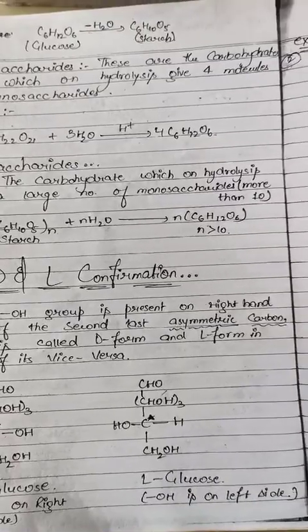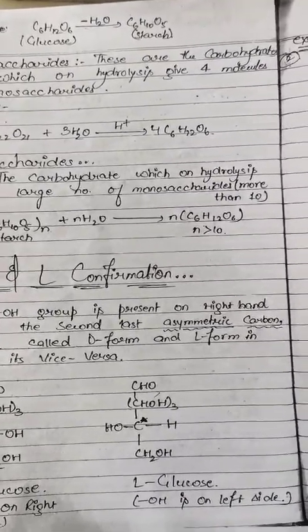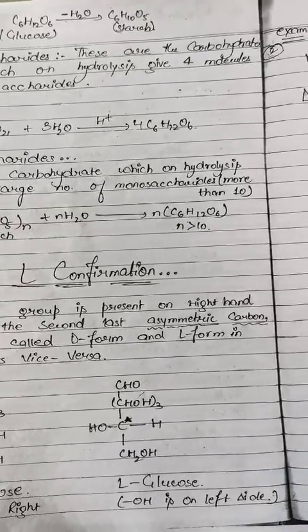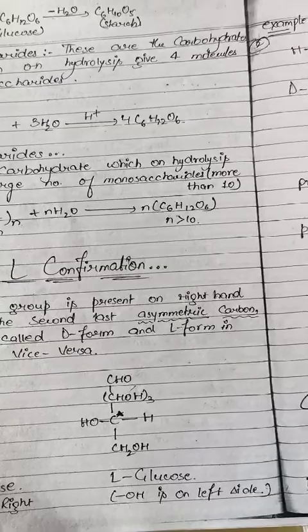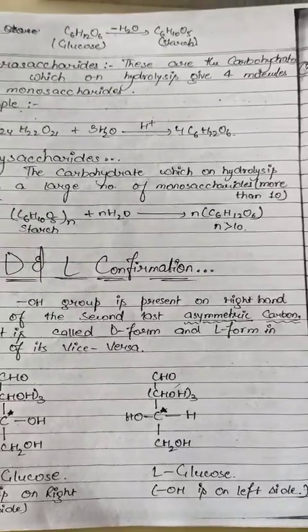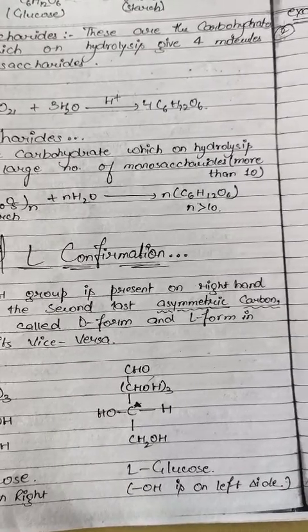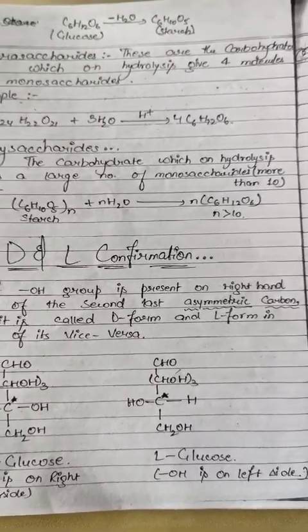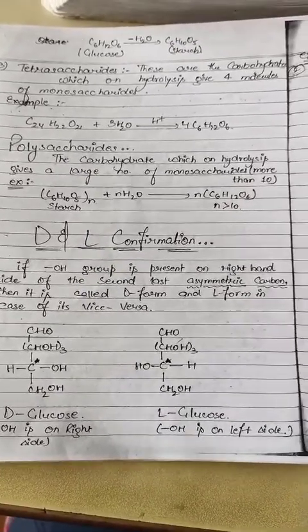After this, in your syllabus in the biomolecules carbohydrates topic, first of all they are asking classification, aldose and ketose, monosaccharides. I have given you lectures on that. I have given monosaccharides, di and poly also. Now the DL configuration is left. Now in a DL configuration, what is going to be there? I am telling you only a little bit of the topic.